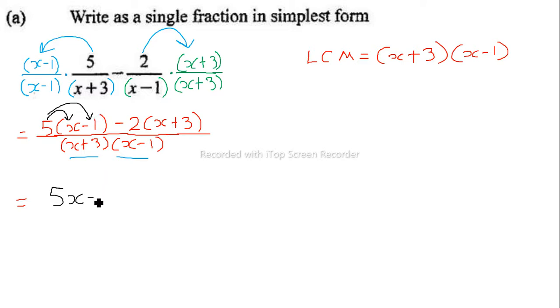Negative 5. What is 2 times x? 2x, very good. And what is negative 2 times 3? Negative 6. Very good, all over